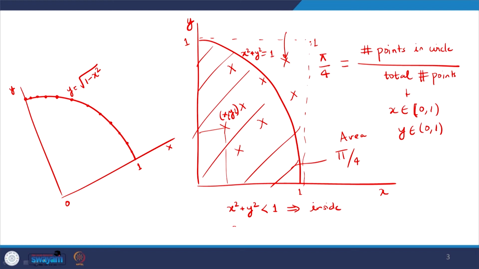So, outside will be x square plus y square greater than 1. We can say something like that to be precise, but frankly speaking, we are doing in the range 0 to 1, so that does not really matter. Okay. So, then that is what I check for.